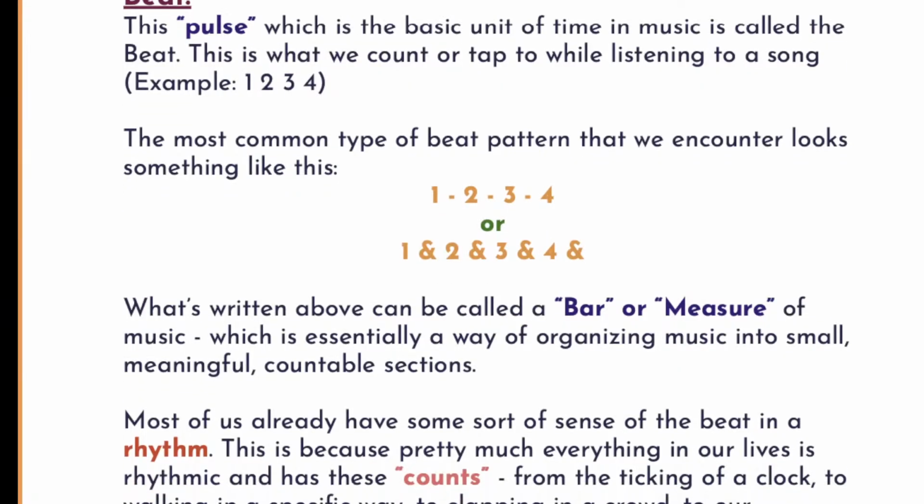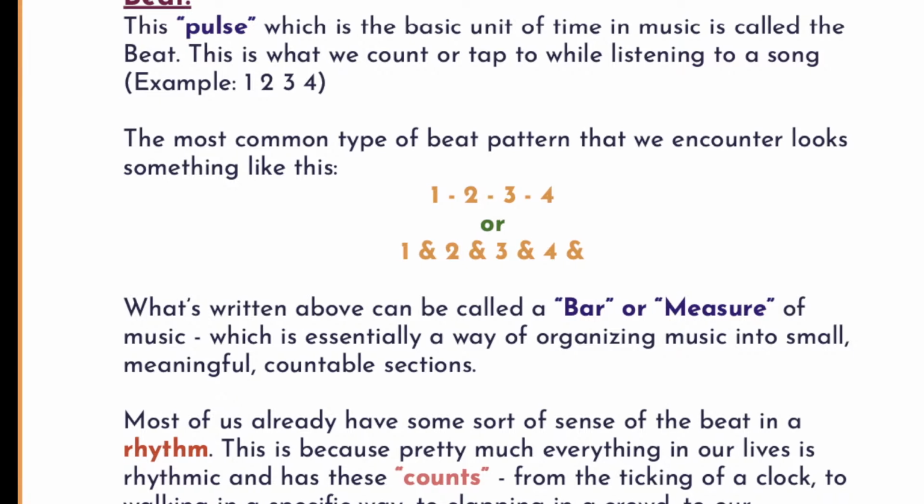Okay. So what is written above is called a bar or measure of music, right? So it's essentially a way of organizing music into small, meaningful, countable sections. So here, a bar of music. Most commonly, music is written in what we call 4/4 time signature. We will be going into time signatures a little later. So for now, what you can understand is 4/4 time is common time, where you can count the piece of